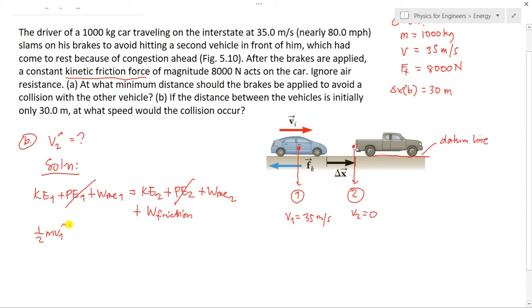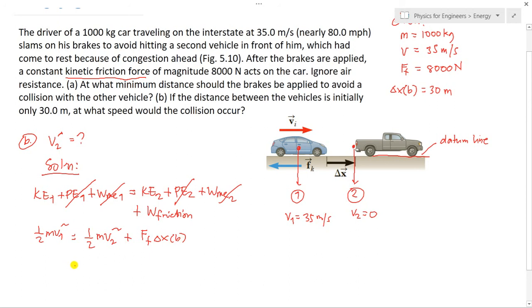m v1 squared plus the mechanical work, since wala given sa problem, so ignore lang tani. So kinetic energy din habilin si Picas, so we can just equate this one. So this is equal to 1/2 mv2 squared. So si v2 squared, si v2 din na siya 0 because wala na nakastop ang car, so nag-collide na siya, so therefore natay v2 here. So then plus the frictional force ff, then multiplied by the delta x of B,